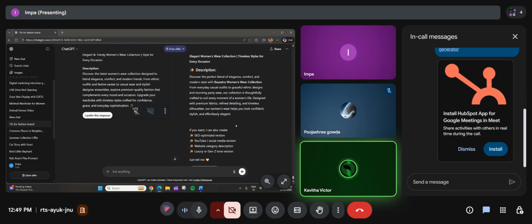You should ask for ad copy, more headlines and more descriptions.